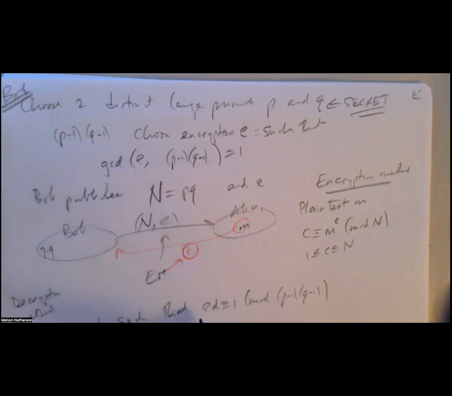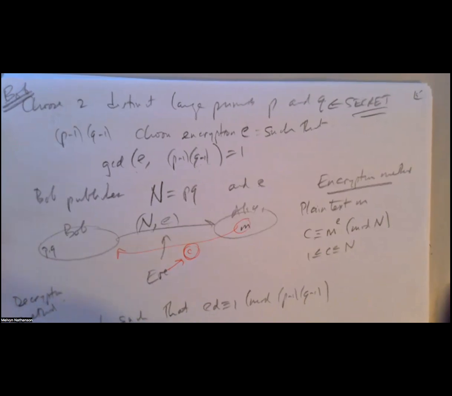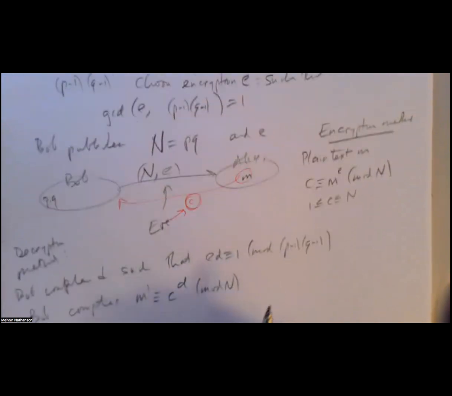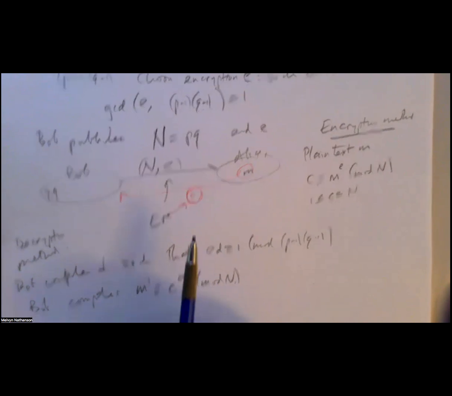There's a number D such that ED is congruent to 1 mod (P minus 1)(Q minus 1). And then Bob takes the ciphertext C and computes the number M prime, which is C to the power D mod N. Everyone knows N. Everyone knows C, but only Bob has calculated D. And what is C to the D mod N? So